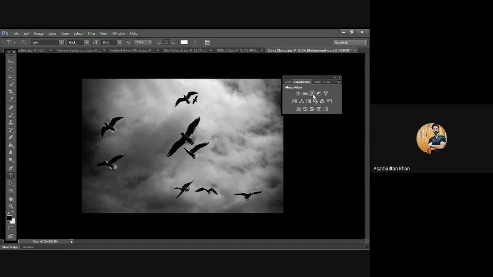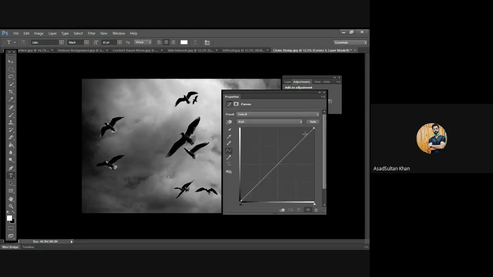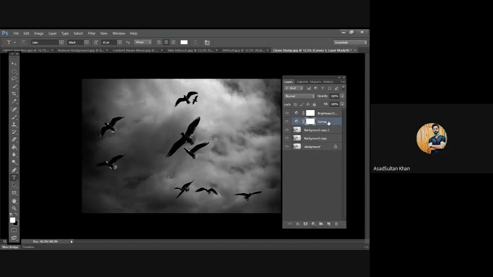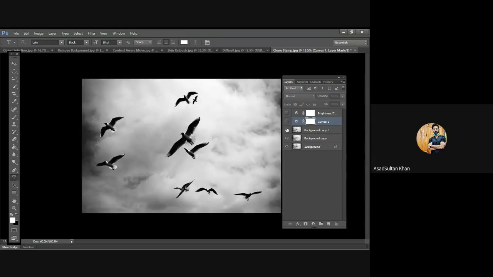Let's say मैं उसके curve change कर देता हूँ. So whatever I'm doing on Photoshop, I'm basically working on layers. और मैं इन layers को reverse भी कर सकता हूँ. And that is the beauty. Like I can come back to my original image. So layers का मतलब ये होता है कि whenever you're working on the picture, you have ease of access, and you can always come back and you can always reverse all of your actions. This is basically how layers work.